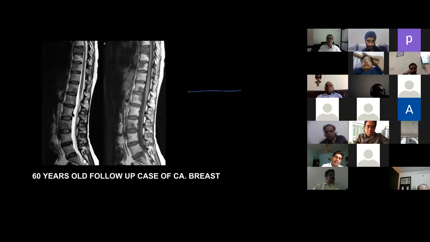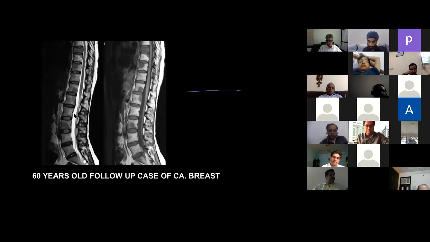It is usually 10 millimeter. But AP thecal sac diameter and vertebral measures are better on CT scan always than on MR, because in this, like cortex, PLL, ligamentum, ligaments and cortex, they have the same signal intensity, so they cannot be differentiated. So we can just see the thecal sac diameter.